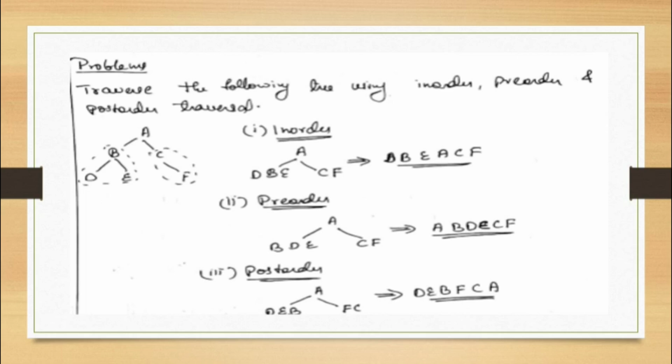Remember what we need to do is, so this is our example tree. You just need to put the left and right for the elements wherever it is not there. So here left and right are there, here left is not there, just put this. Whenever you visit any element for the first time you consider it as pre-order. Whenever you visit it for the second time, you consider it as in order. Whenever you visit the element for the third time, you consider it as post order. And you have to always move from left to right.